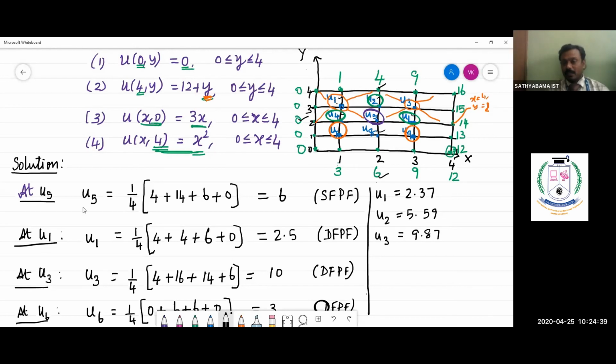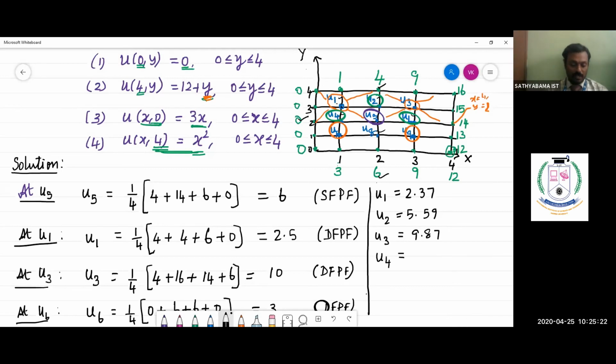So at each of these points initially we have got the initial values for u1, u2, u3, u4, u5. Now we iterate the values again. We know all the neighboring values of u1, that is, we have got the initial values for u2 and u4. Similarly, in the case of u2 we know the neighboring values u1, u3, u5. So at each mesh value we know all the neighboring values, so we can apply the diagonal standard 5-point formula repeatedly until the successive iterations are all equal. So at the end of 3 iterations we can find